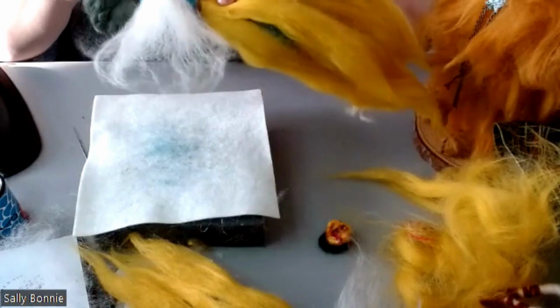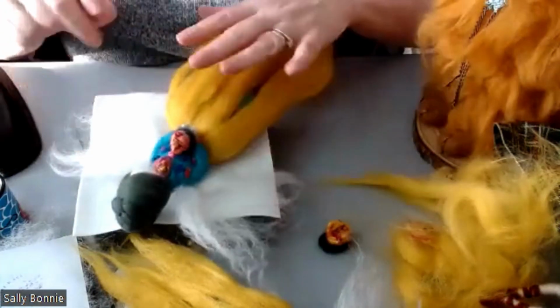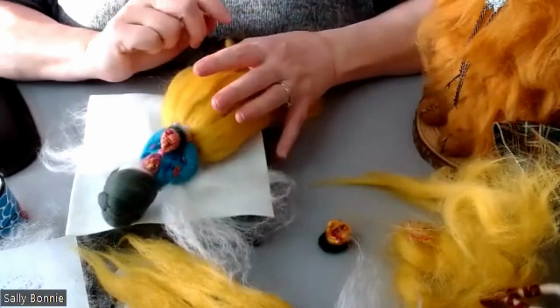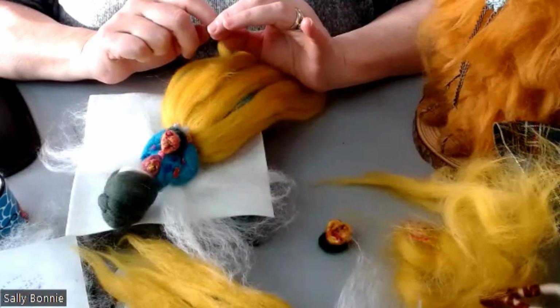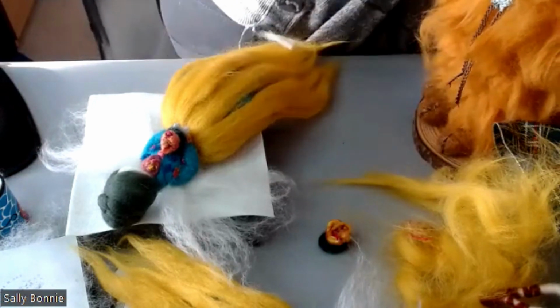Okay, so you can add any embellishment on the back that you want to at all. You can add things to the front like I showed earlier with the card. Another thing that's really, really lovely is if you wanted to put a message on there. So I'm just going to get my little